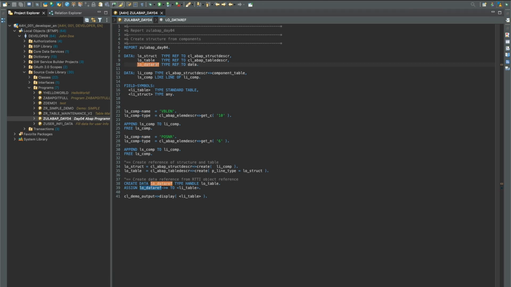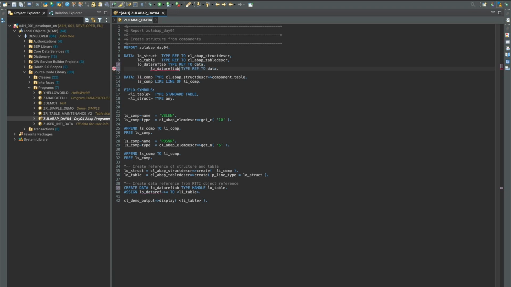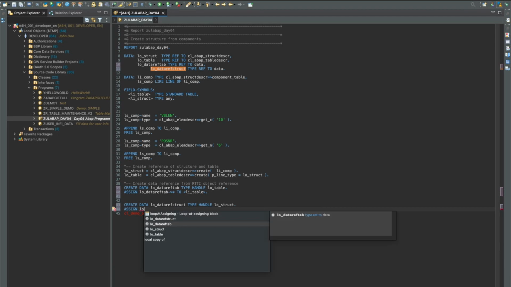So this is a data reference, data ref, let's define it as tab, and then here is a tab, and then we'll create another line. This is a data reference to struct. And we use this. This is tab reference. So to create a structure, we can do the same thing. We'll say use my struct type handle, and we define our struct type here, and then assign my data reference struct reference of that to field symbol